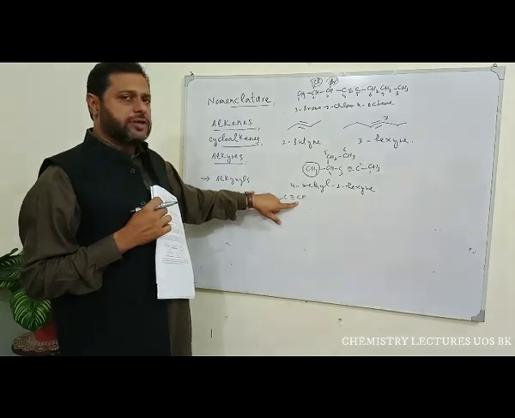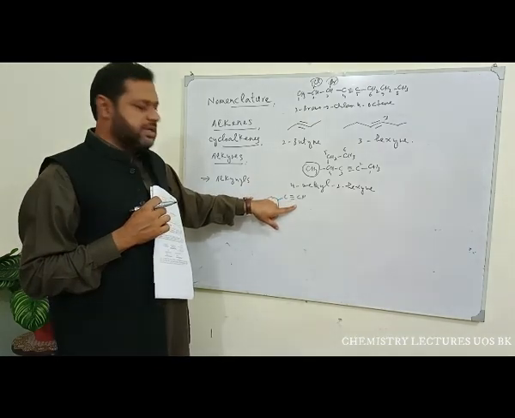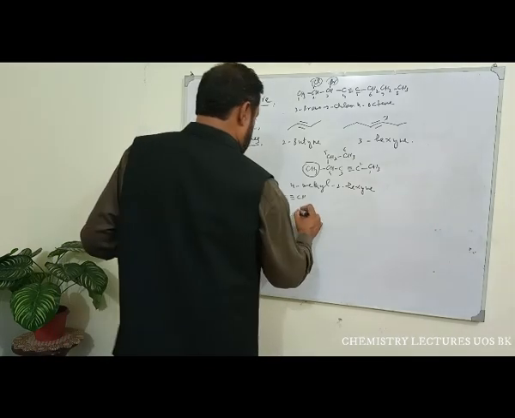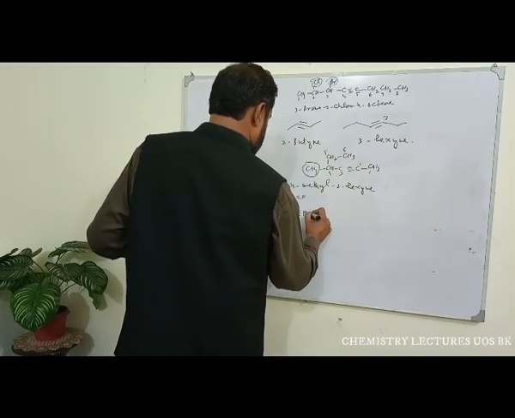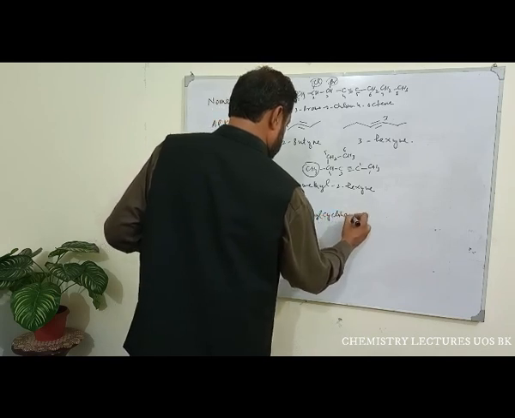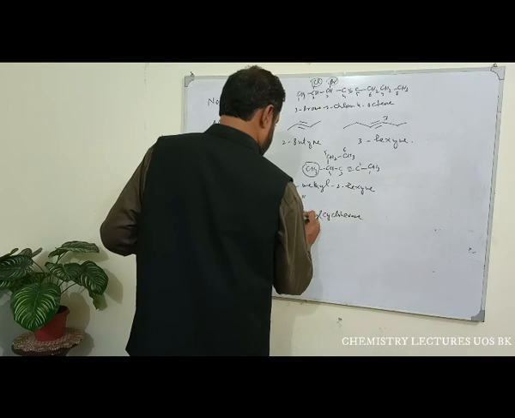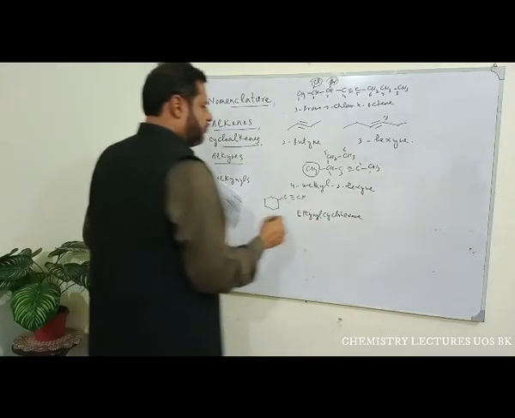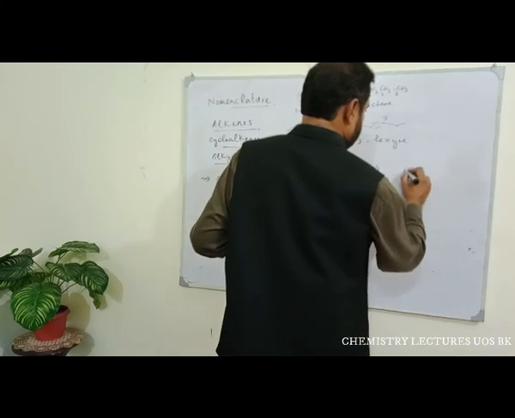If it has a double bond, it is called ethenyl. But because here it has a triple bond as a substituent, the name of this compound will be ethynyl cyclohexane. Ethynyl cyclohexane. And if we have 2 substituents here,